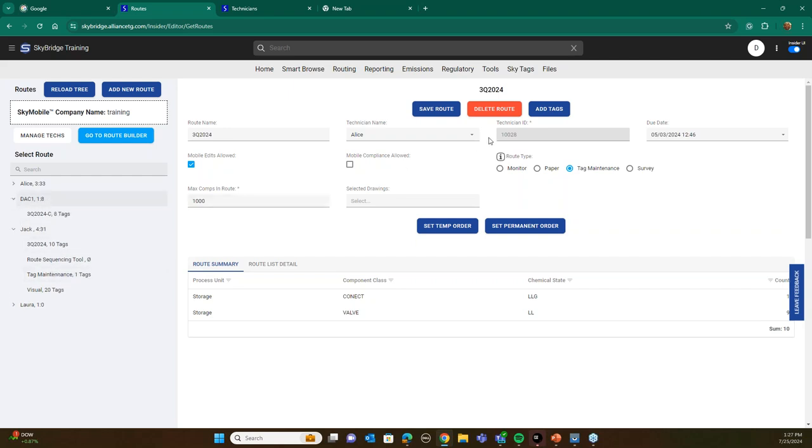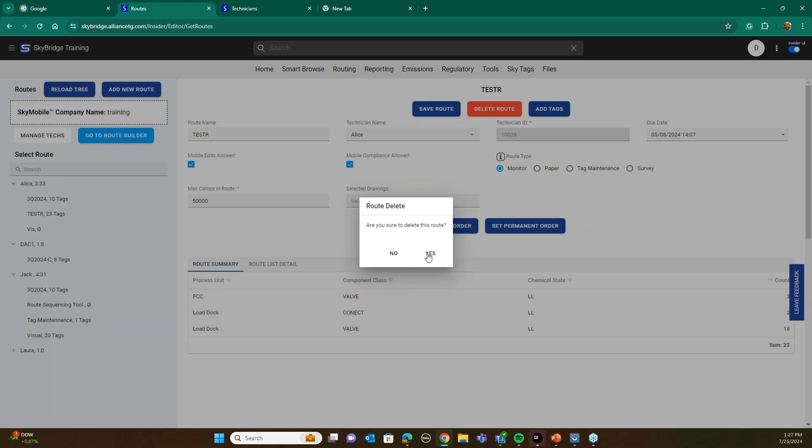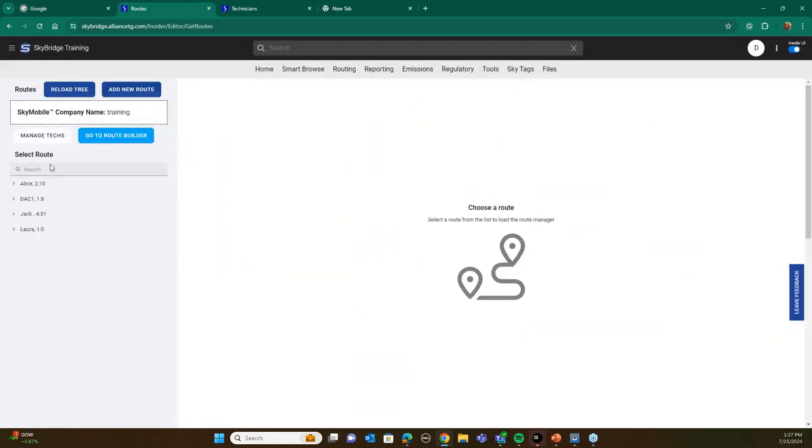Okay. So again, if you want to delete a route you no longer need it. So if I go under here to Alice, she doesn't need this test route anymore. I just hit delete route, and the route's going to go away. I refresh, reload the screen here, and that route's gone. Right, no more. And if I want to rename a route,